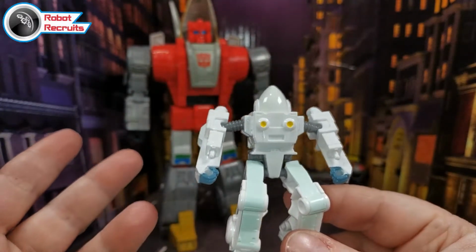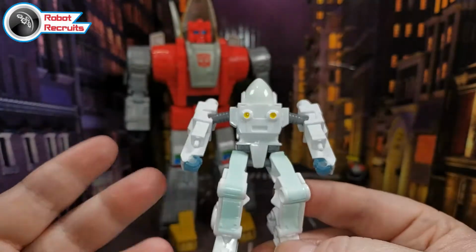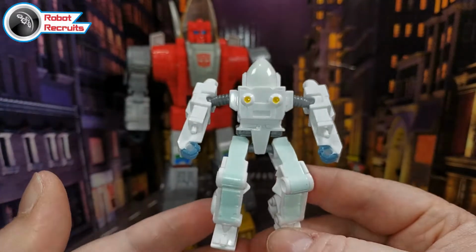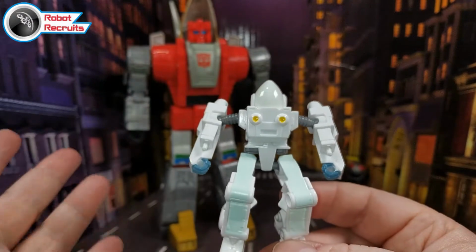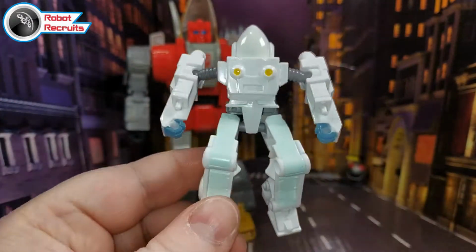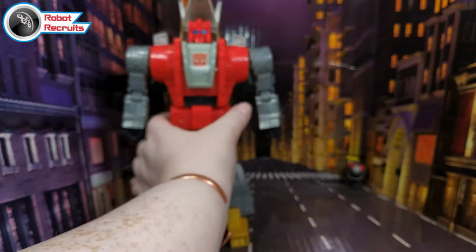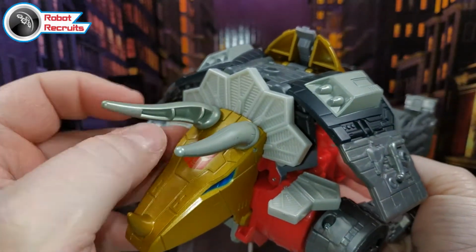If you didn't know who this was, I showed this to my mum, and she said, "Who's that meant to be?" And then I had to explain that it's Daniel from the film, and she was like, "Well, he's got no face." Oh, yeah, exactly. Do you know what I would have rather? I would have rather not had this piece of crap, and I would have rather that they fill in these horn pieces, because